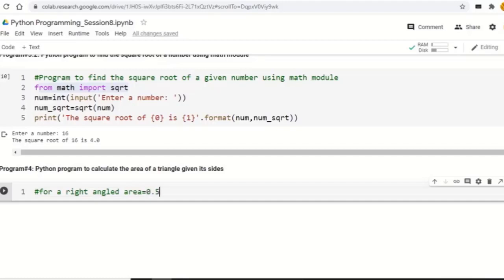But in this case we have been given the sides, so we have to use Heron's formula, in which we will calculate the value of s, and also we have to use a function called square root, because we need to find the square root of s into s minus a, s minus b, s minus c. So that formula is to be used if sides are given.